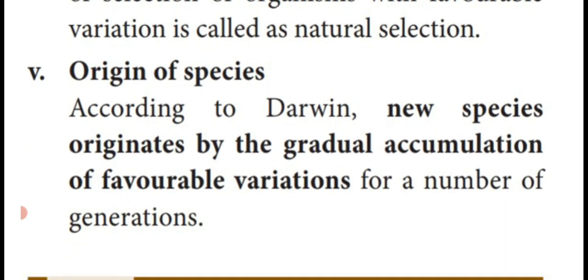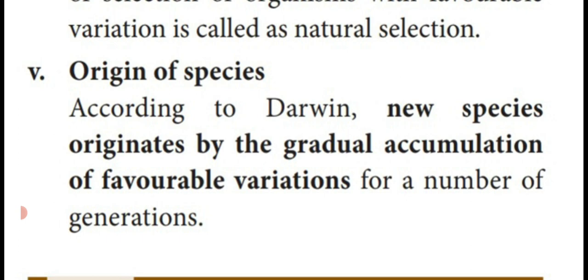Next one, origin of species. According to Darwin, new species are originated, that means organisms are originated by the gradual accumulation. Accumulation means they are storing the favorable variations, useful variations, for a number of generations, which is known as origin of species. So, dear students, due to the character changes,